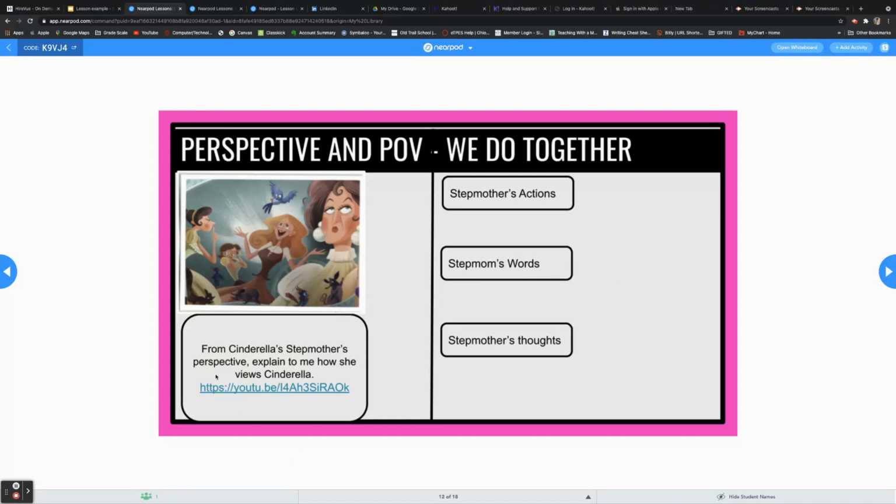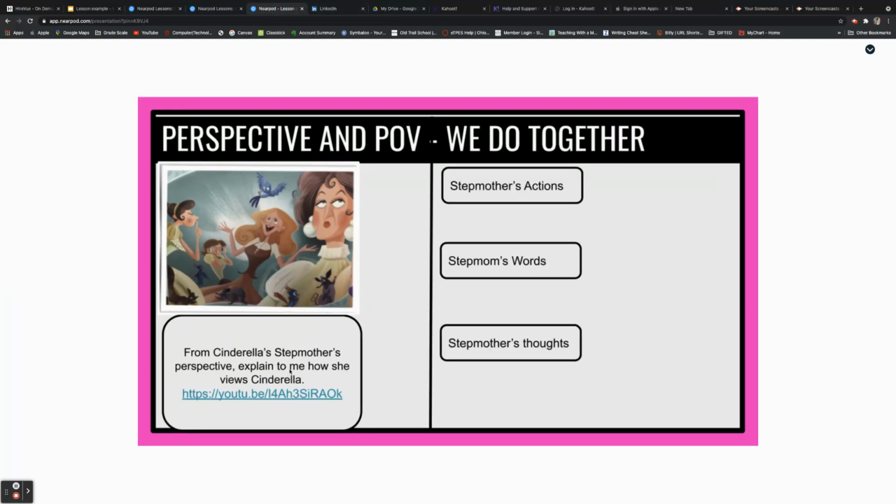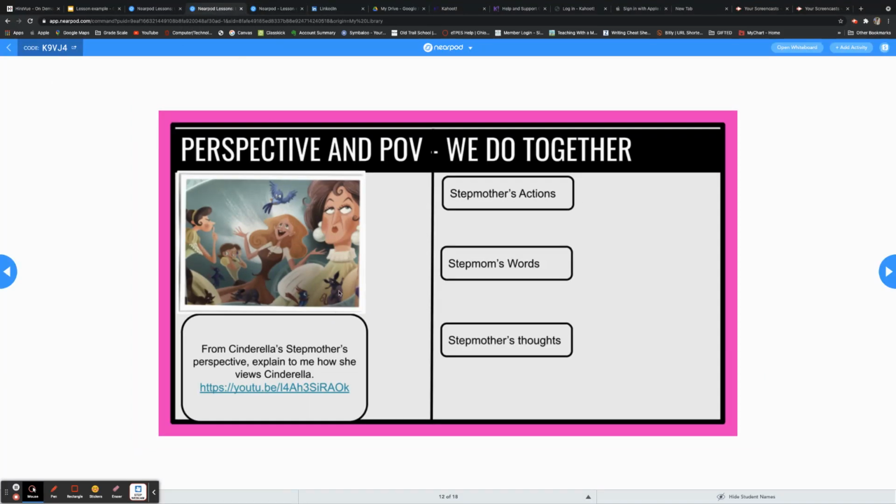So then we're going to look from Cinderella's stepmother's perspective, and we're going to explain how she views Cinderella. So they would click on this link with me. We do this together, and they actually do have the link. So when they were there, they'd be able to click on it and it would take them there. Well, for me, it's not, but it would take them there. And then we would talk about, what actions does she do? What words does she say? How do you know that she